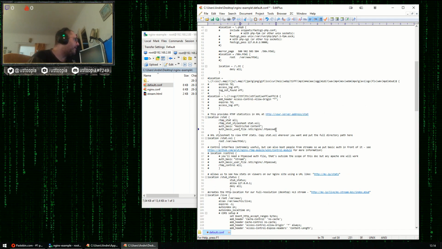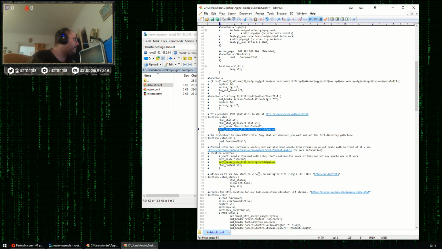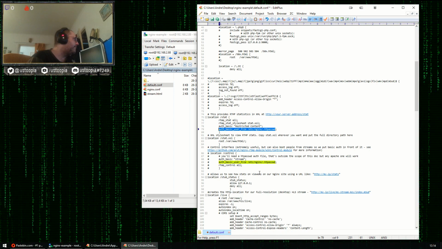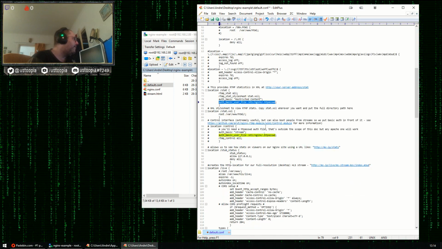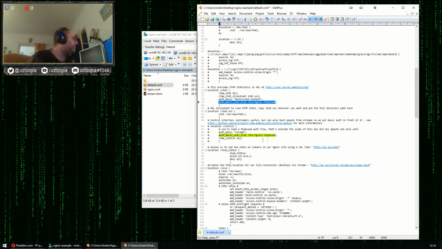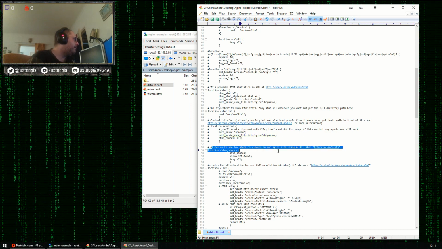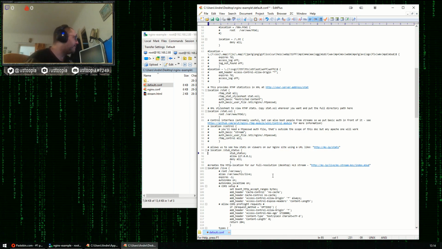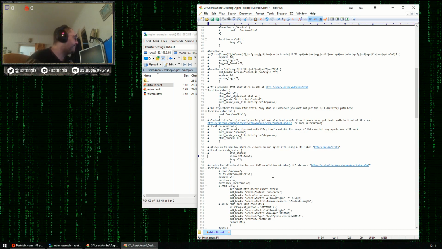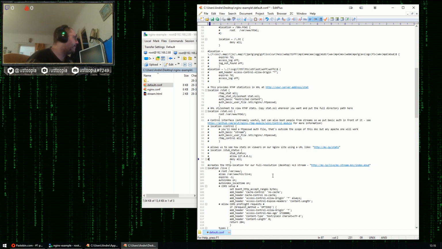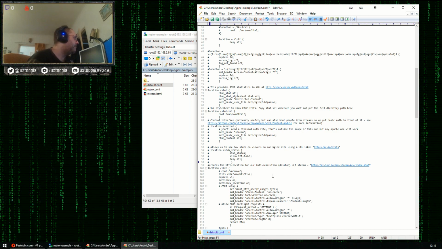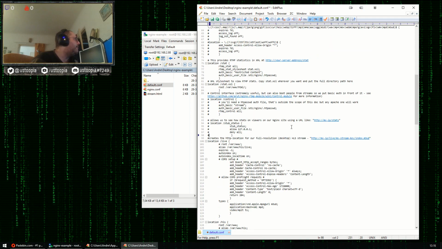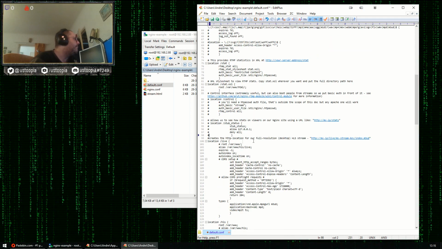As you can see, I added the requirement to enter a username and password if you want to see the stat page. All this should be known to you. This is not really interesting. It's for statistics, so you don't need that. That's for a different purpose.